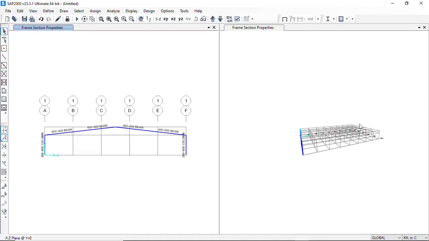and then put all your claddings and put your load on the cladding. So we'll do that in